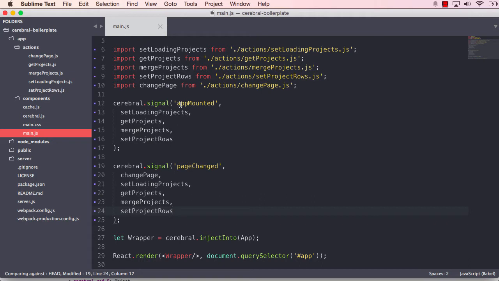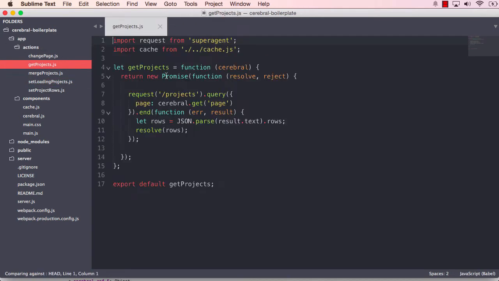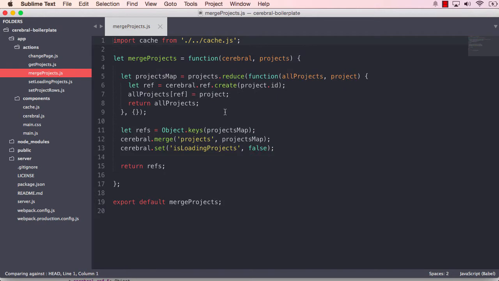Okay, so let's move on to what should we check out now? Maybe we should just check out these actions. So set loading projects just sets is loading projects to true. Then we have get projects, which returns a promise, making it asynchronous, and it does a request to projects, passing the current page inside the Cerebral. It gets the rows back and resolves them. And this moves us over to merge projects,